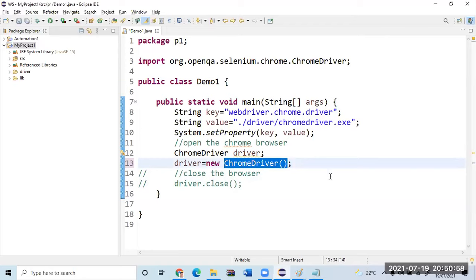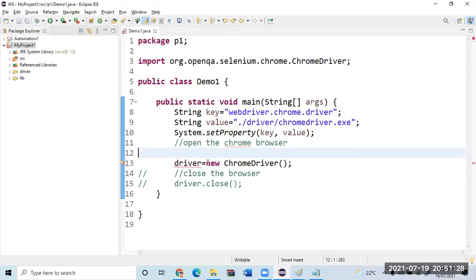What is that? In the constructor of the ChromeDriver. Now, can we write a program inside a constructor? Yes, sir. Yes or no? Yes, possible. They have written a program to open the browser. So where is the code for opening the browser? In the default constructor, the ChromeDriver constructor. I mean, if you simply open the constructor, you will not see all the program. They call a method inside the method, they call another method. Somewhere it does it.